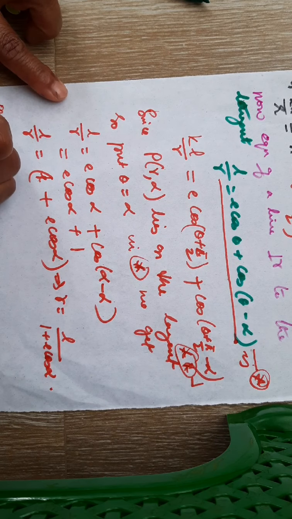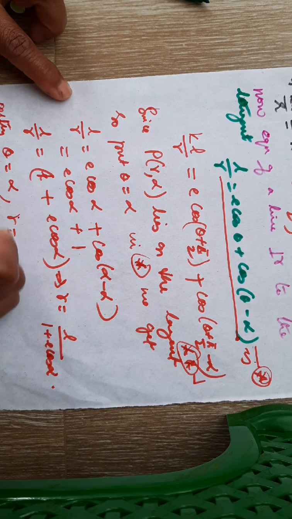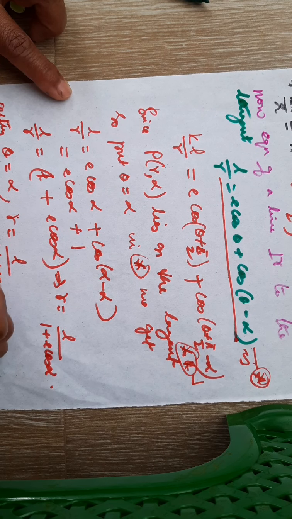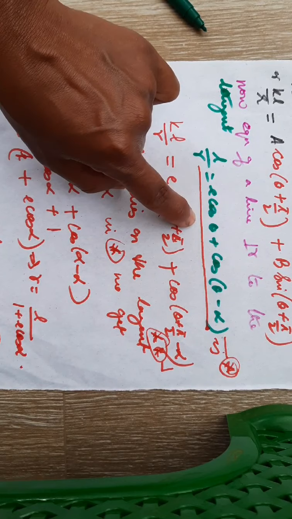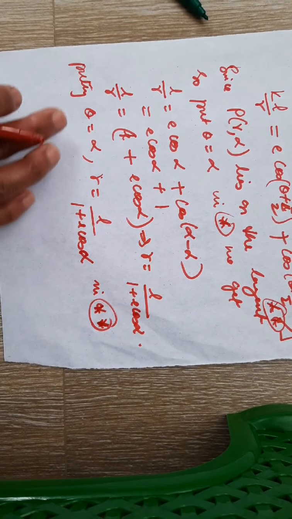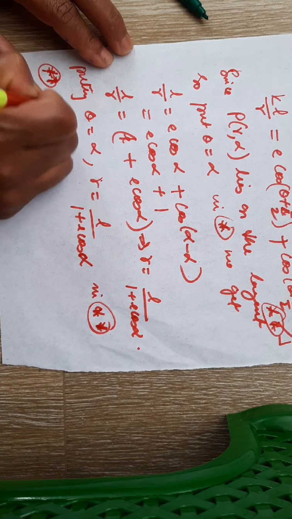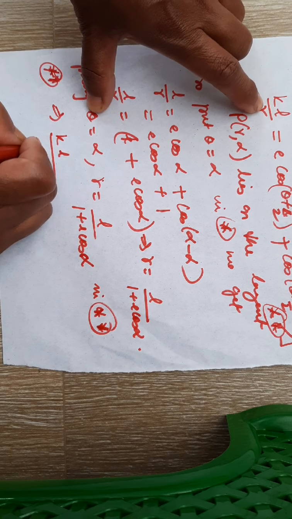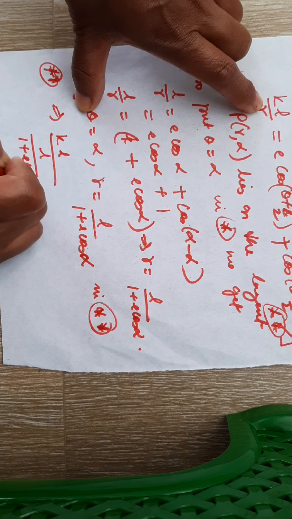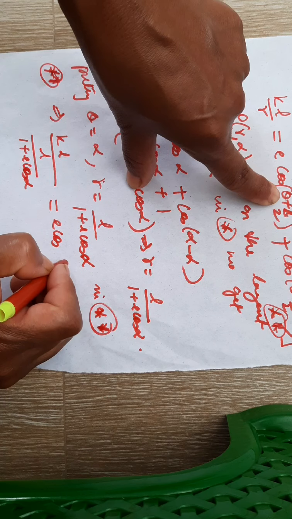Now putting theta is equal to alpha and R is equal to L by 1 plus e cos alpha in equation double star. That is, in the equation which is perpendicular to the tangent. So if you put this one, then you'll get, from double star, k L divided by R, what is R? R is this one, L by 1 plus e cos alpha, is equal to e cos of, replace theta by alpha, so you'll get it as cos